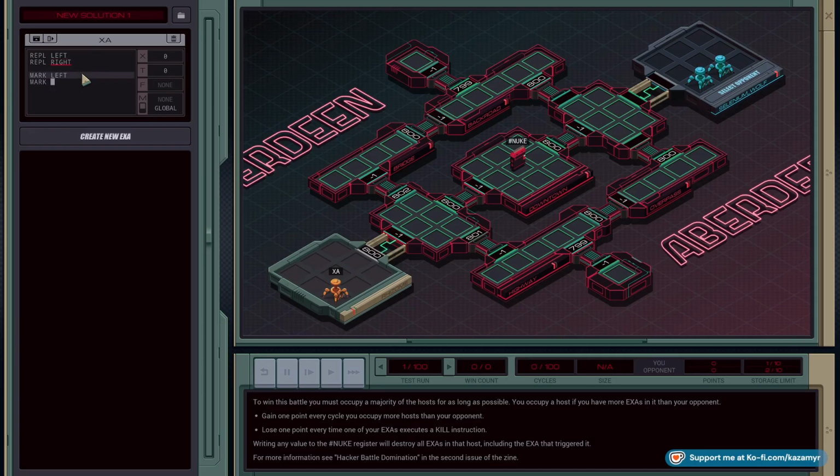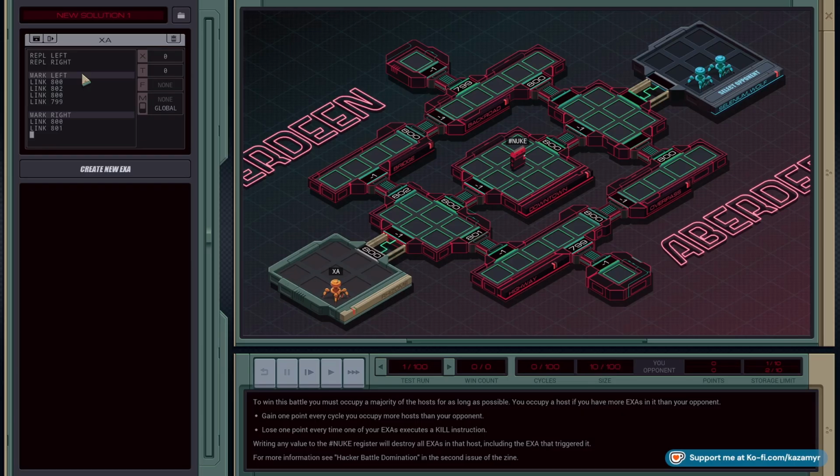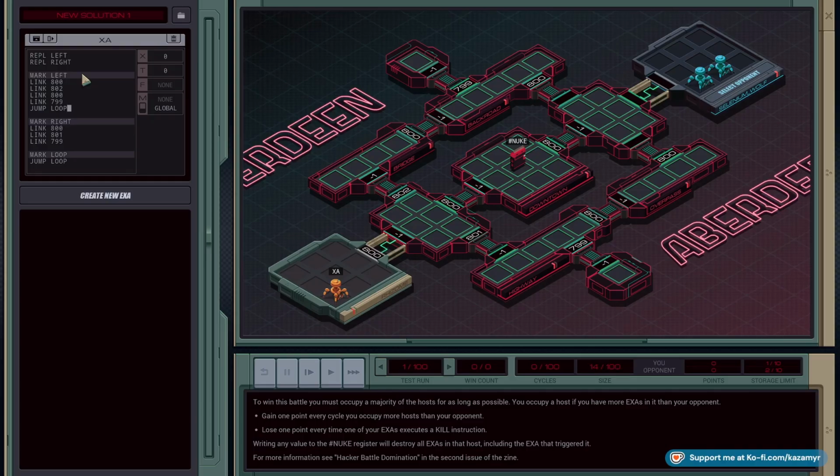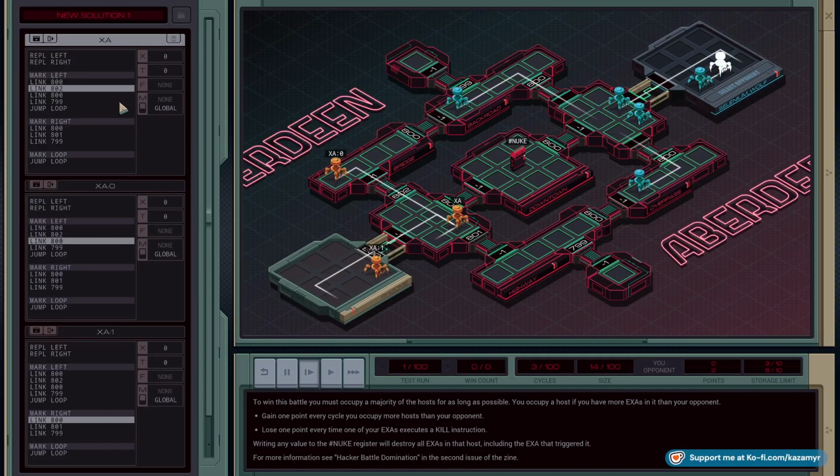Mark left, mark right. Okay, so left is going to link 800, link 802, link 800, link 799. Mark right is going to link 800, link 801, link 799. And then we'll have our loop where we just jump loop. And so you will jump loop. So that goes,